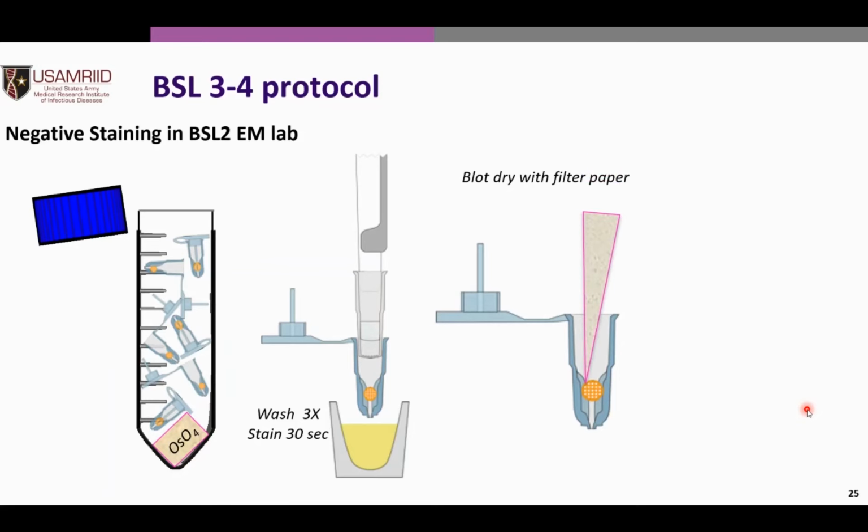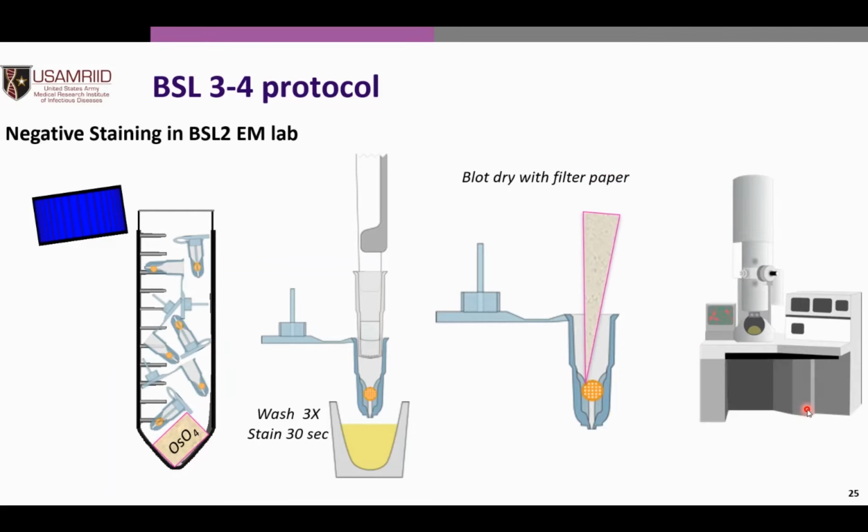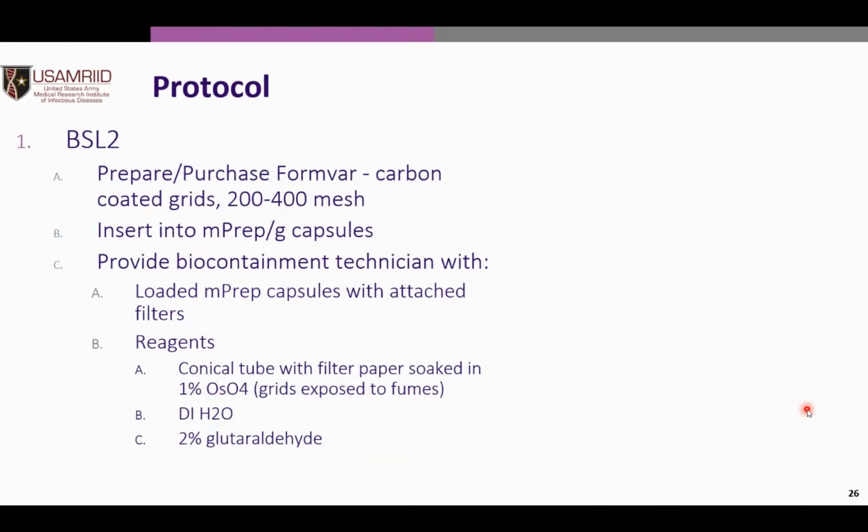We would take a piece of filter paper and blot the grids still in the capsule dry, and then we would let it air dry a little bit beyond that, and then go on over to our transmission electron microscope for imaging. So just to review the protocol in BSL-2, we were using 200 to 400